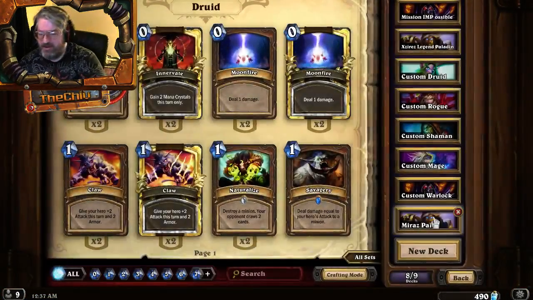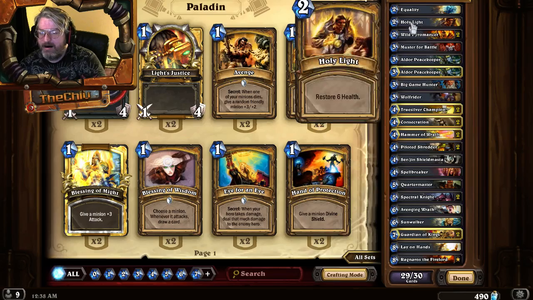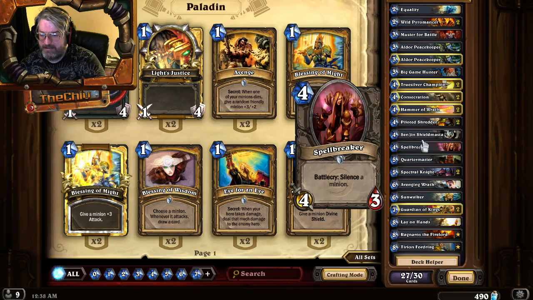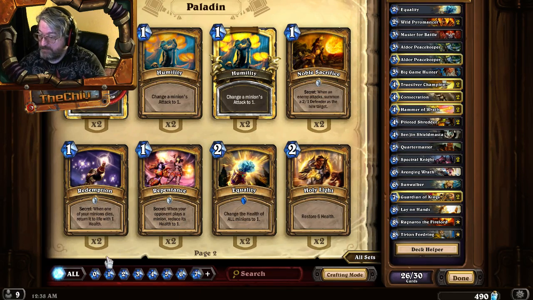So I want to go back here, and we're going to take a look at some stuff. The Fairy Dragon, I don't really give two shits about. Holy Light, we're getting rid of. I know, yeah. Wolf Rider, we're getting rid of. That we're getting rid of. Okay, so that frees up 4. Now, first thing,